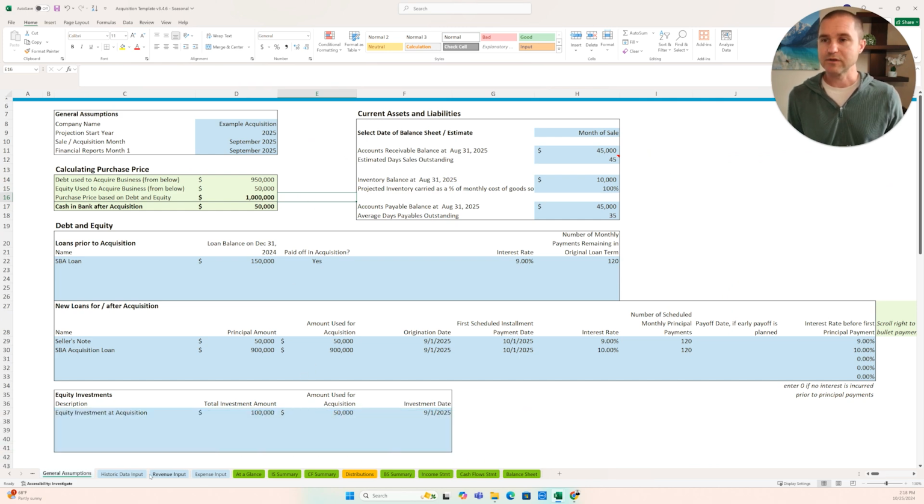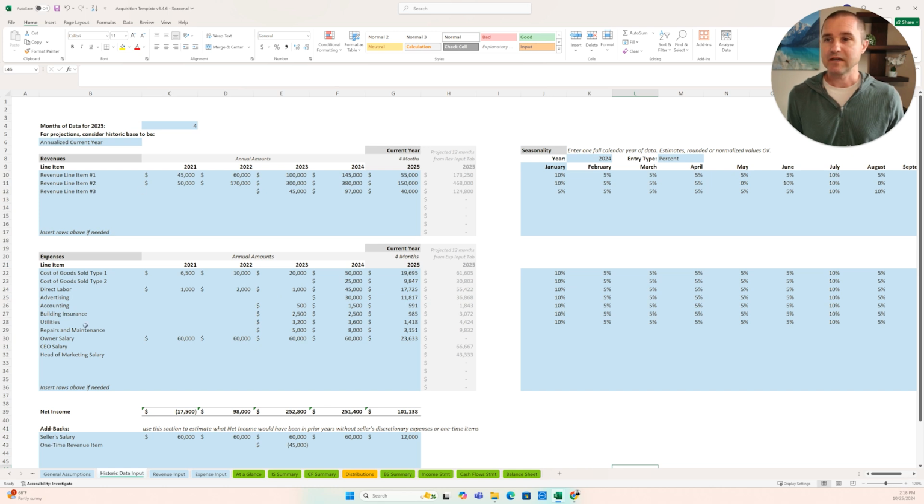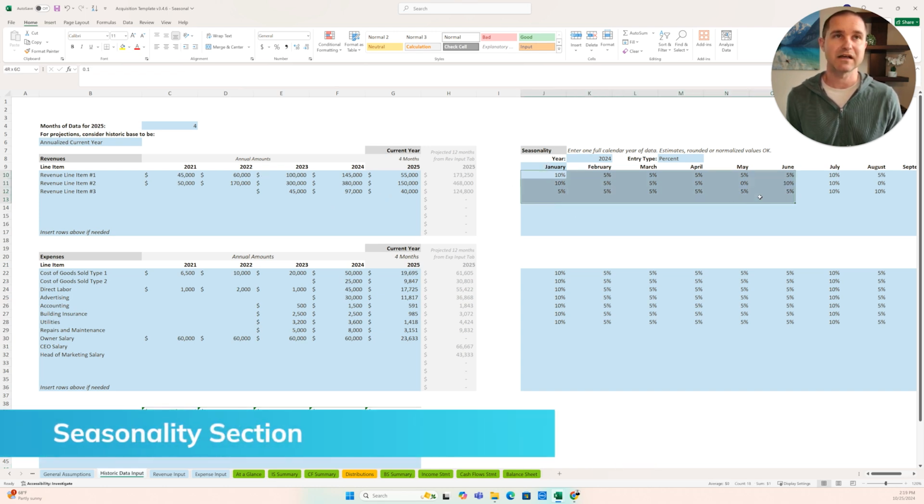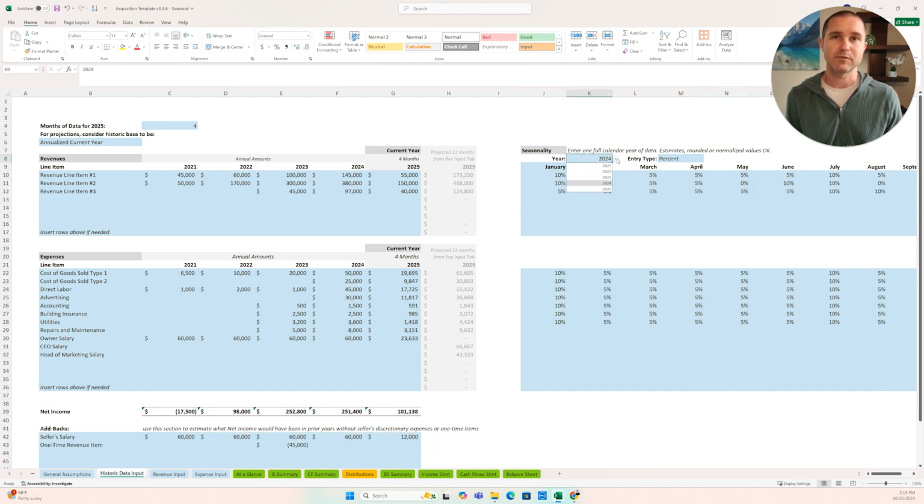So the difference between the seasonal and non-seasonal is in the historic data input. We're going to do the same thing where we put in our historical numbers here, but then we need to come up with the seasonality section. And so what I'm going to do here is select a year. I'm going to say, okay, I want to do this for 2024 because I've got a full year of data for 2024 here. And I'm going to put in my revenue